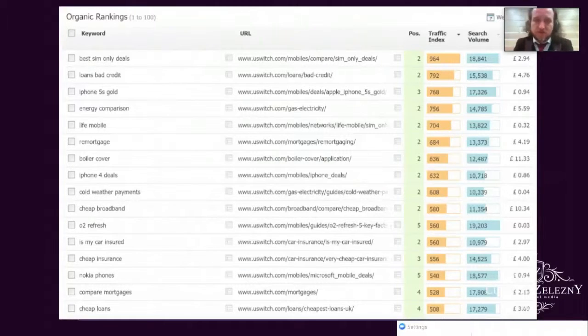USwitch, as a price comparison website, is ranking on many keywords, including third-party brand providers like BT or EE or 3 Mobiles, and so on. My personal advice is that you don't really want to consider these keywords as something to rank on. You may still rank on these keywords, which is absolutely fine, but you need to understand that